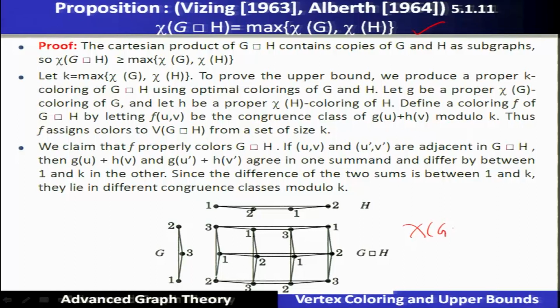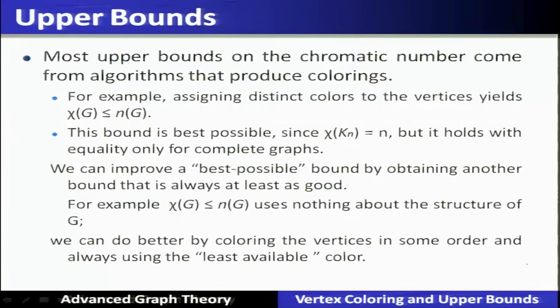that the chromatic number of the Cartesian product of two graphs is nothing but the maximum of the chromatic number of the graph G and the chromatic number of graph H. Now, let us find out the upper bounds in terms of the colorability. So, most upper bounds on the chromatic number come from the algorithms that produce the colorings. For example, assigning distinct colors to the vertices will yield that the chromatic number of G is at most